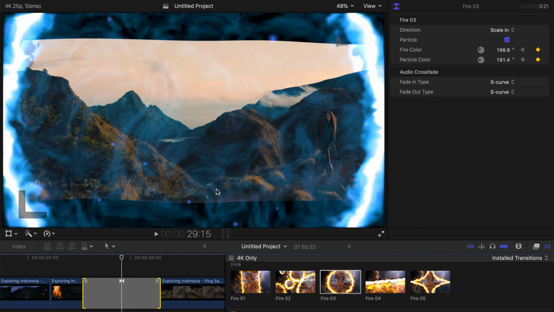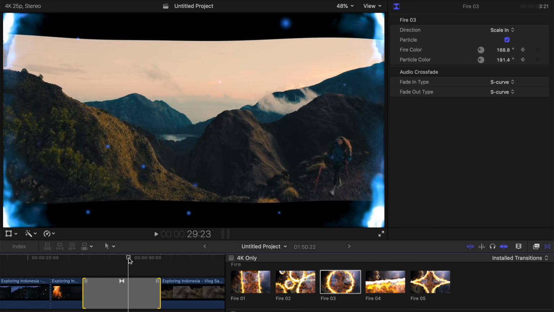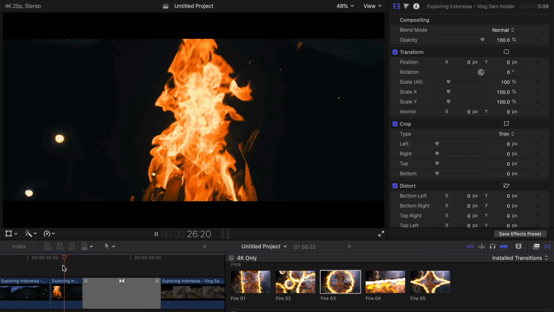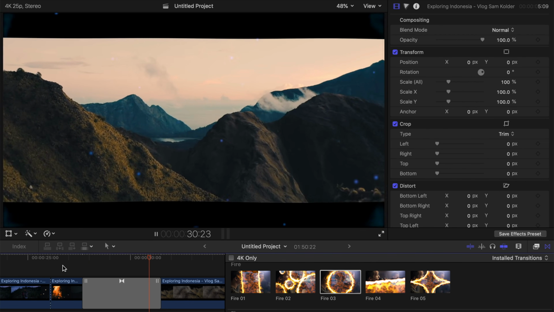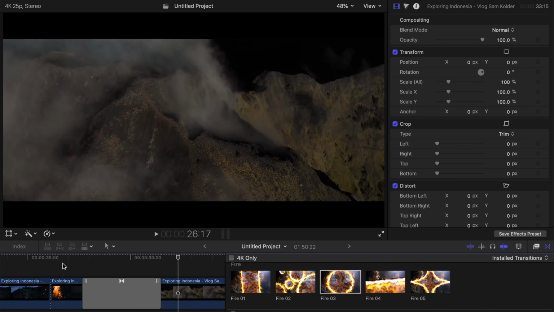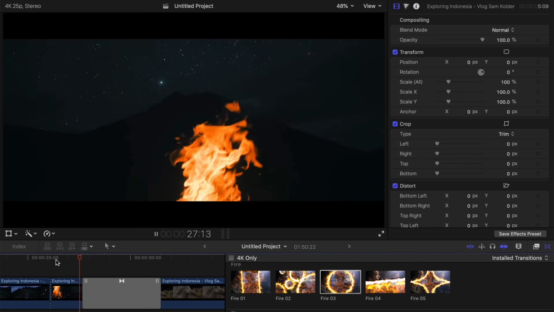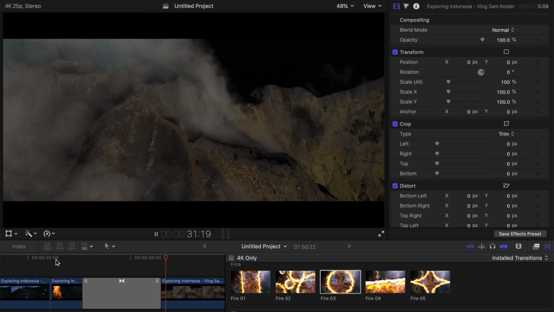And then let's see the final result. I think it's going to be like those Narnia, I don't know, or Lord of the Rings kind of transitions. You can see it's so freaking cool. You can see that the fire is coming from a bright golden color all the way to a very bluish color, and the fire particles.